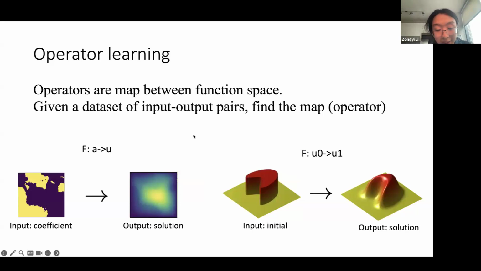So this is the idea of operator learning. That is to learn the solution operators of partial differential equations. On the left, it is the map from the coefficient to the solution. On the right, it could be the temperature, how it evolves over time. The left corresponds to the carbon storage problem. We have different reservoirs, different sand and rock under the ground.